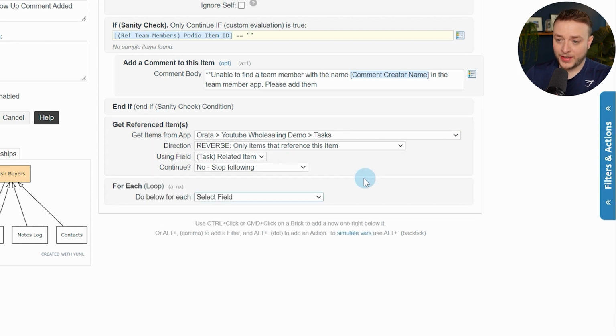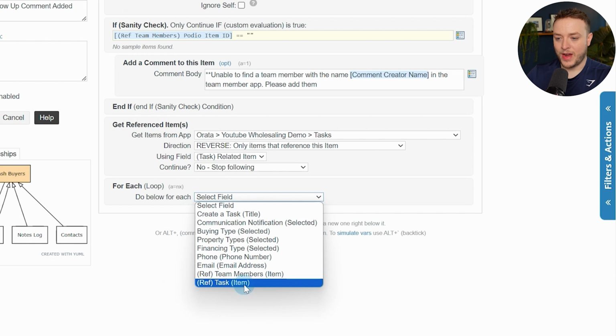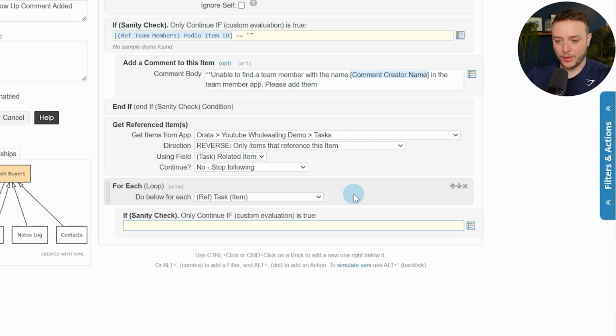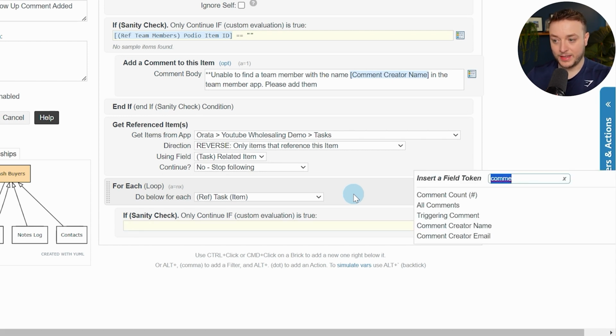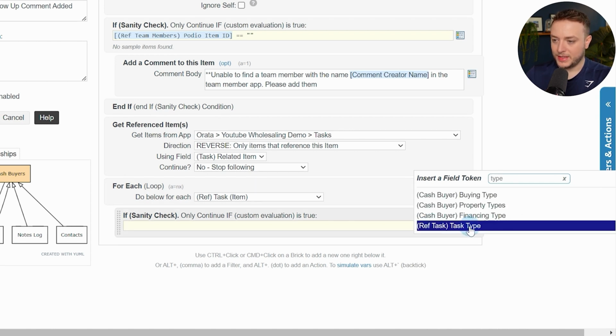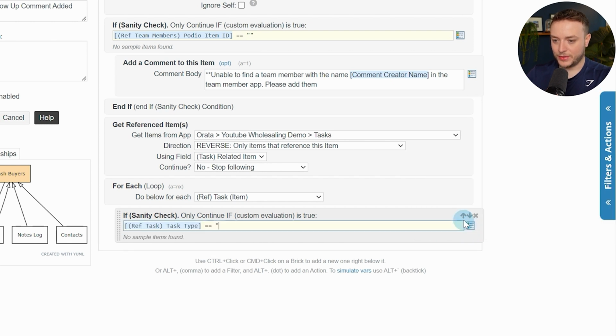I told you there'd be a lot of for eaches. So for each ref task item, we want a sanity again. So only do this next action. So only continue if, we'll type in type, task type is equal to follow up. So make sure you type in follow up with a capital F, everything else lowercase, capital U, and the P lowercase. This is case sensitive. So only continue if task type is equal to follow up and